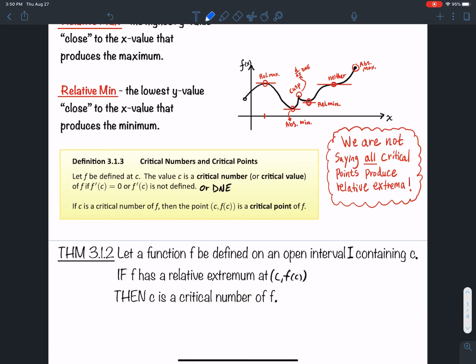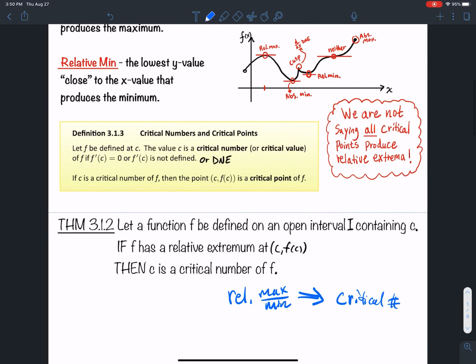So what is this saying? It's saying that a relative max or min implies that it's a critical number,